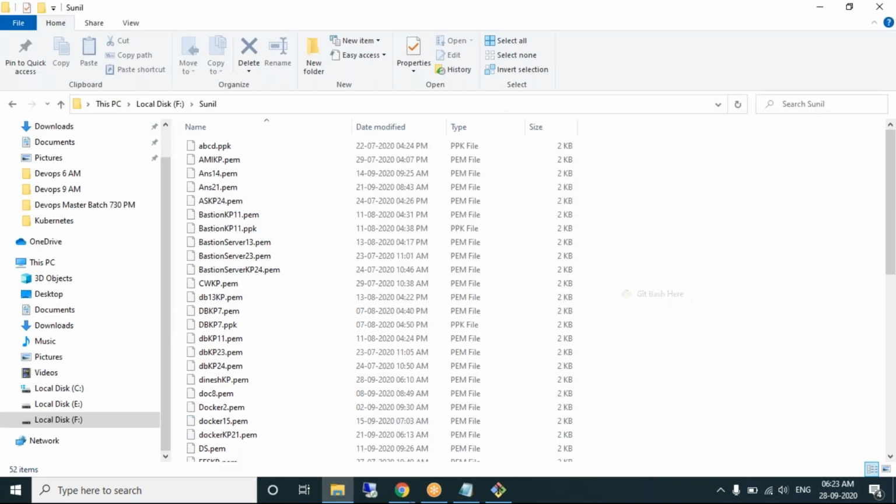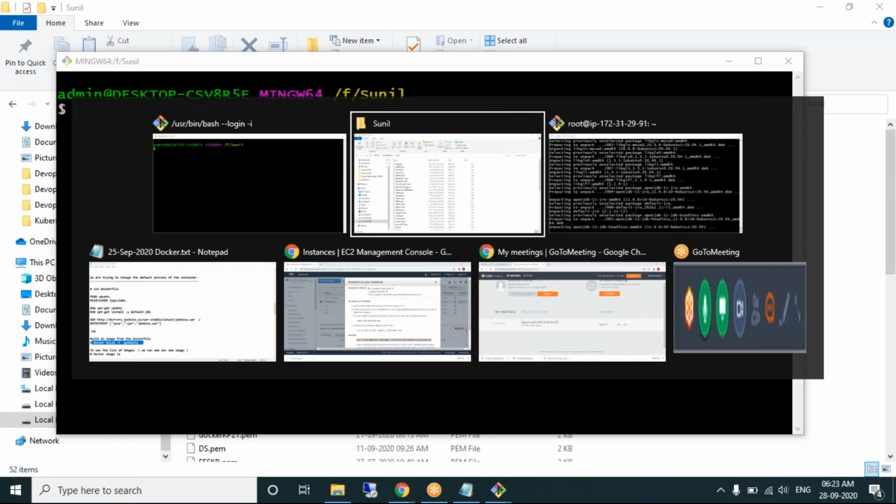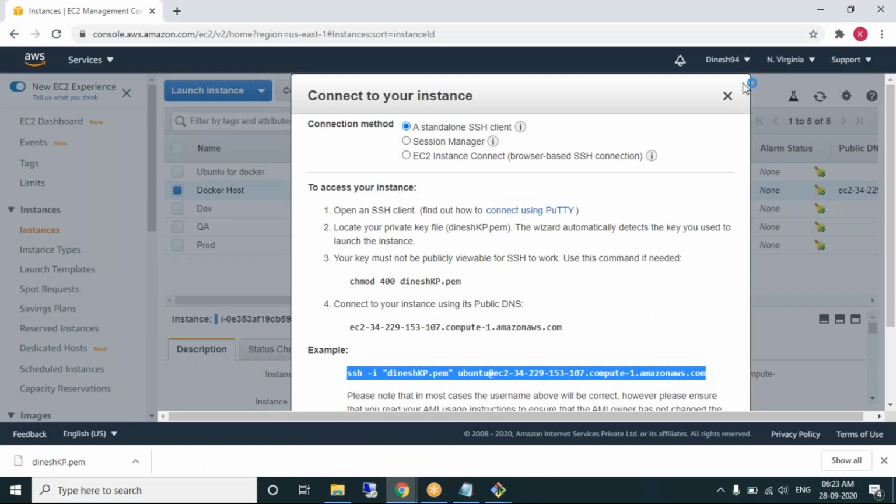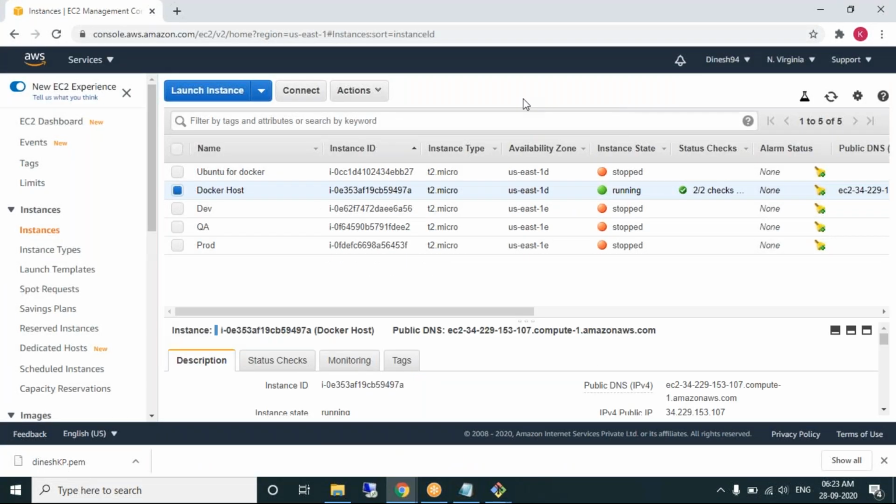Let's open one more terminal and connect to the same instance.